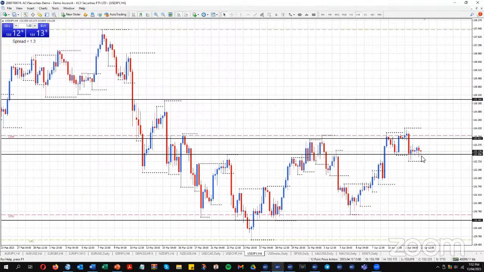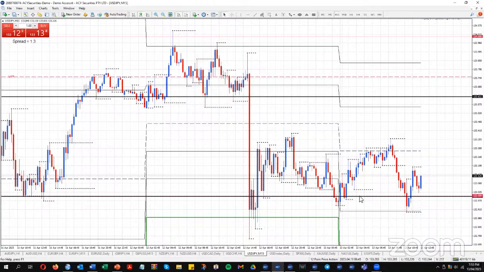So 132.99, pretty much the 133 level. The last 4 or 5 candles here, any movement down to 133 is getting support. So you can see that's turning around at the moment. So 133 is support at the moment. You can continue to watch 133 intraday. If you keep stabbing down and reversing, look for your setup to buy. I'm not going to do anything before the news comes out tonight, but